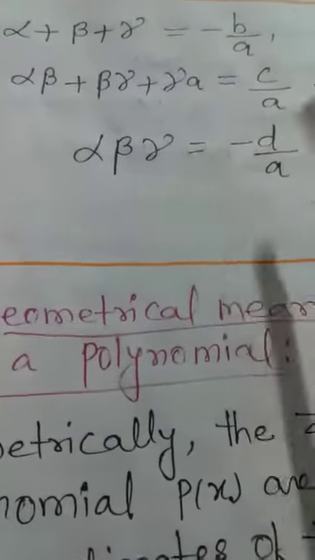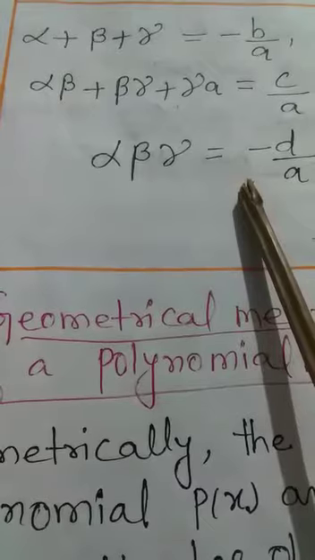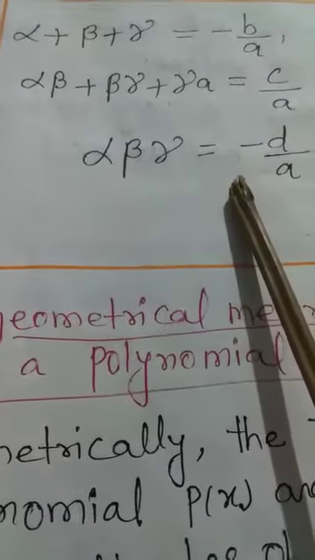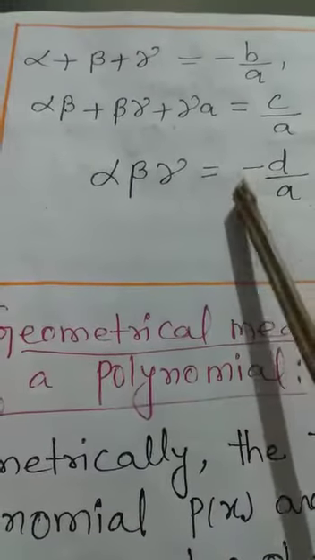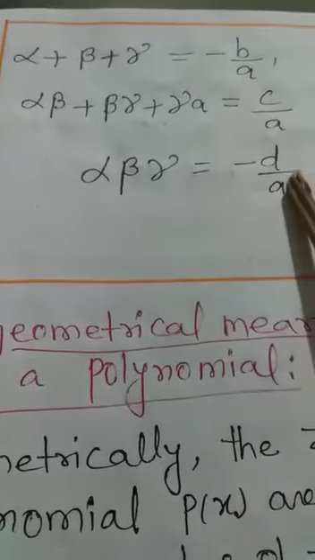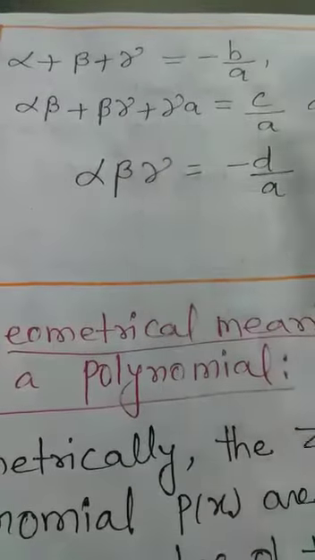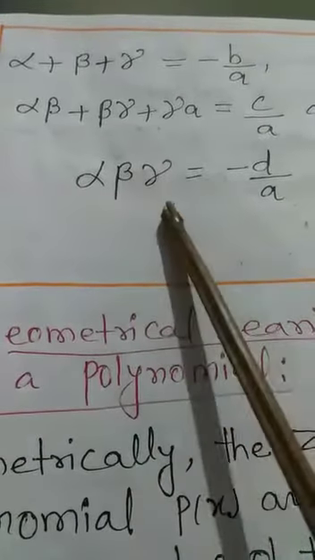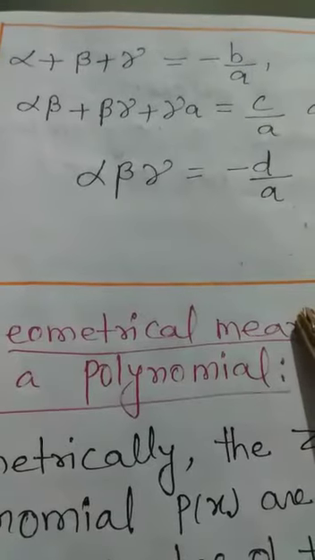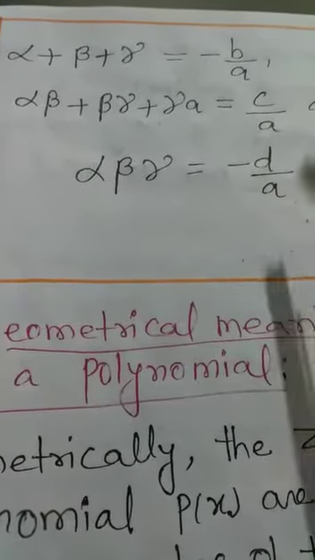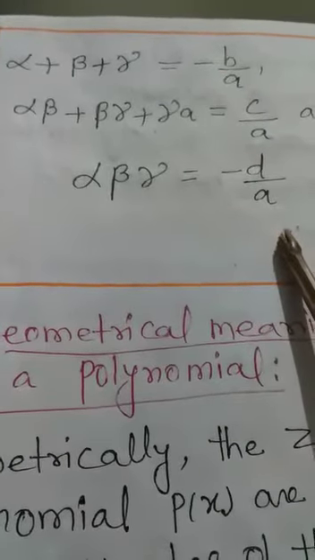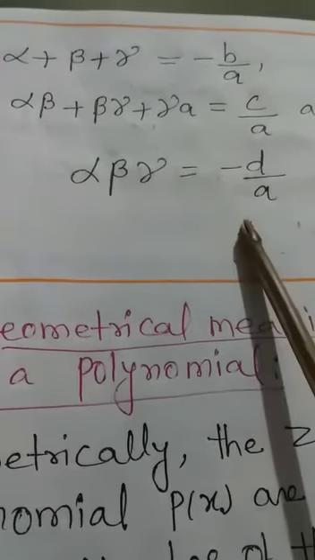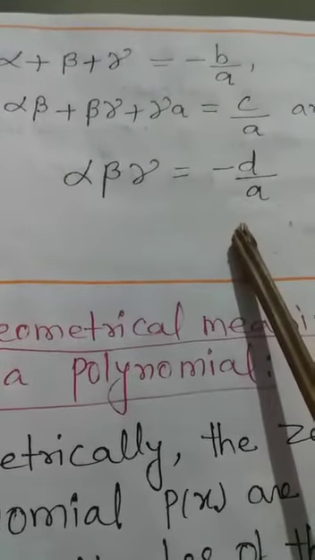Now see, we have seen for linear polynomial minus b by a. Okay. While writing for quadratic polynomial, again we will write sum of zeros as minus b by a, and product c by a. And for alpha, beta and gamma, same thing is there. Here don't get confused while writing alpha, beta and gamma: minus d by a. D by a means what? This is the constant term d here, and a is what? Just think. That will be the coefficient of x cube, as it is a cubic polynomial.